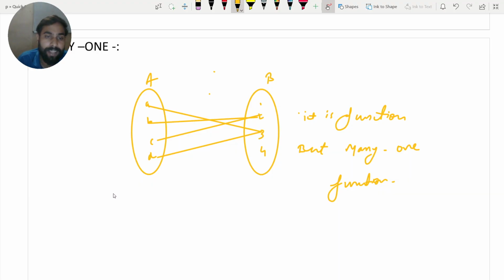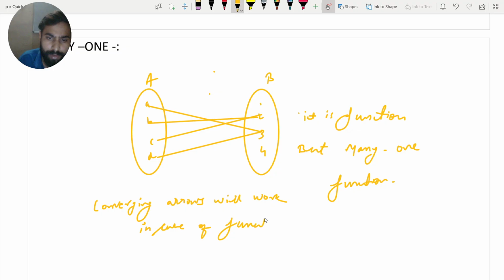So as I said, converging arrows will work in case of a function. Okay, so this is the many-one function.